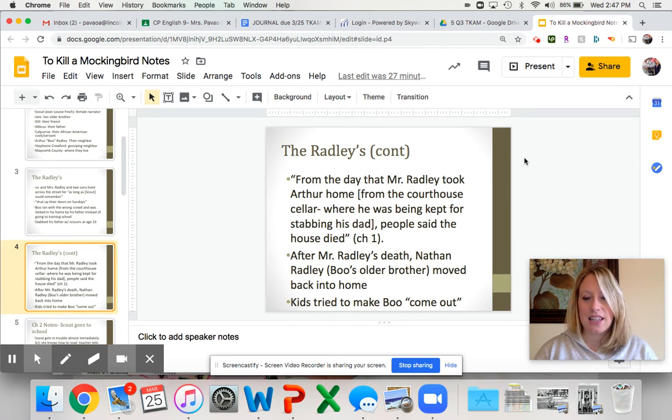And so, like I said, at the end of the chapter, the kids try to make Boo come out. They don't really want him to come out. They just were playing a game that they thought was funny and interesting, to sort of tease Boo. But also at the end of the chapter, it says that one of the curtains in the house moved. So you have this suspicion that maybe Boo was actually watching the kids. So it's up to you to decide whether you think he would enjoy the fact that the kids were playing around, or if he'd be angry about it. So that was the reading you had to do.